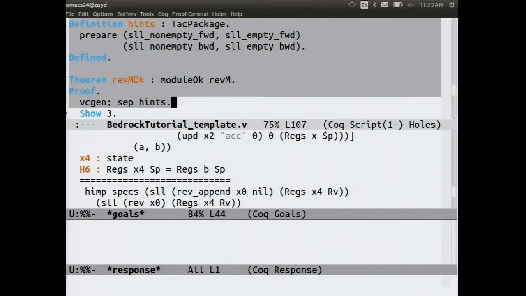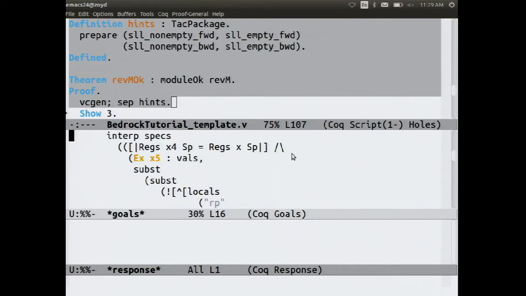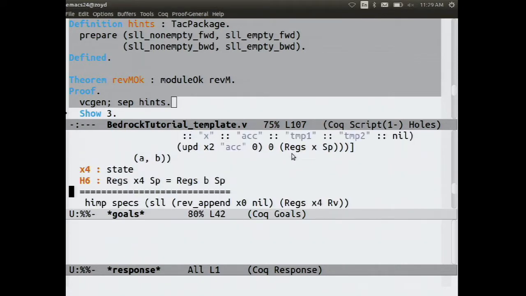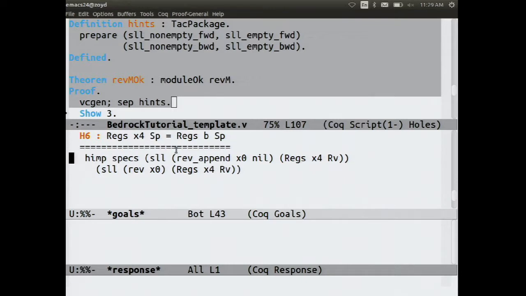Okay. Oh, we made some progress. In fact, there's now one subgoal left. So we're almost there. What do we need to prove? I have a linked list that arises by reversing x0 and putting it onto nil. And I really wish it was just reversing x0. But the root pointers are the same between these two cases. So what do you think we should try to add to get this proof to go through?